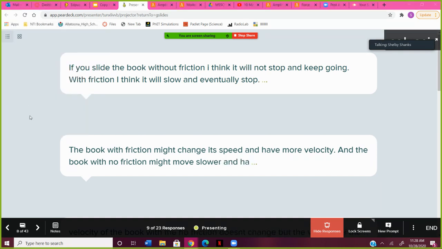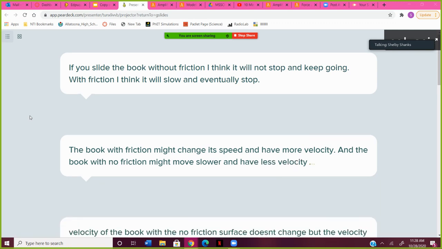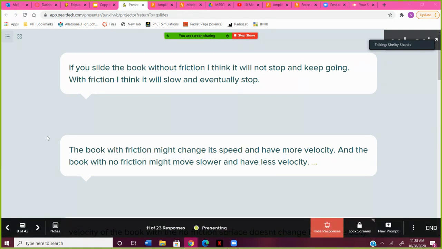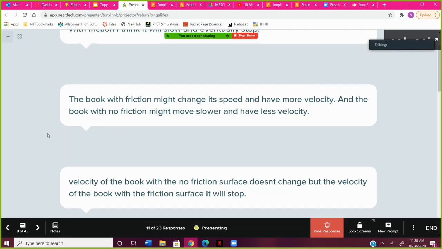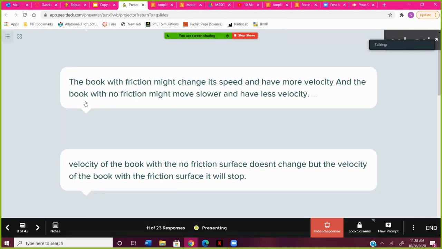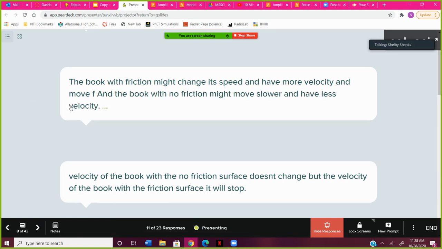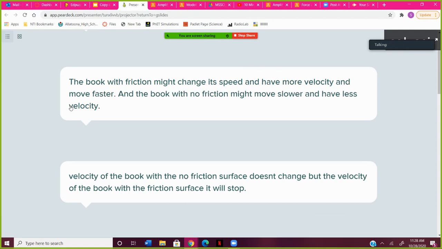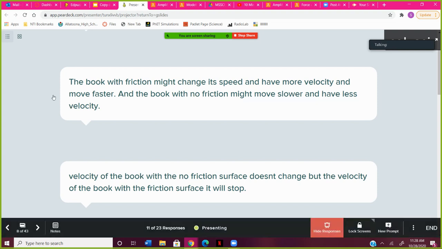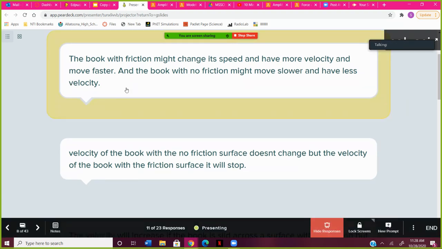All right, so if you slide the book without friction, you think it will not stop and it'll keep going. So with friction, you think it's going to slow down and eventually stop. Okay, so this person's saying kind of the same thing. It might change speed or have more velocity if... All right, I think you're getting the two mixed up a little bit. So if you have friction and if you don't have friction,